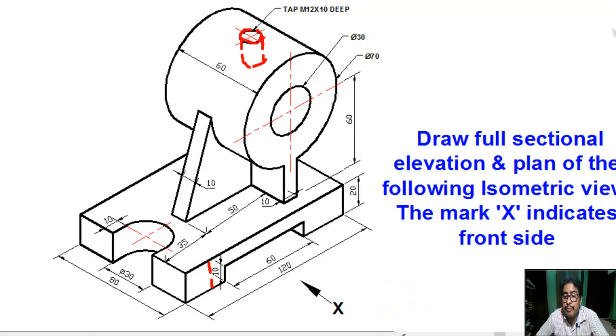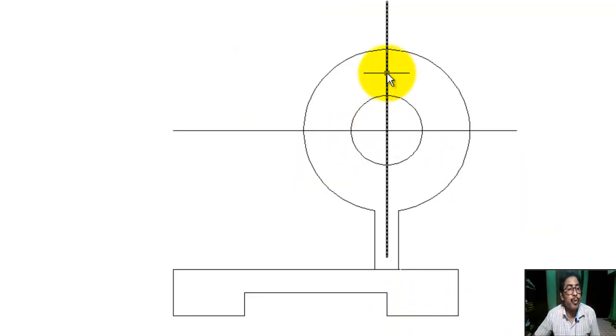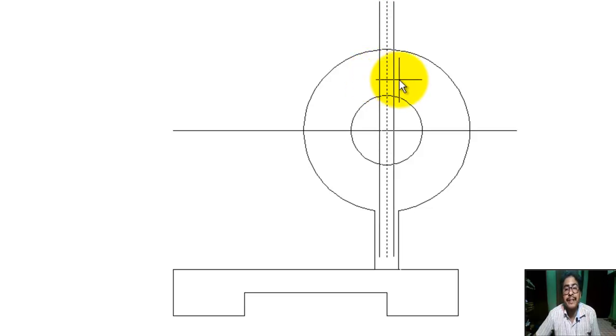This will be hidden in front view. Draw the tap portion, click on offset type 3, select object to offset, specify point on side to offset. Okay,